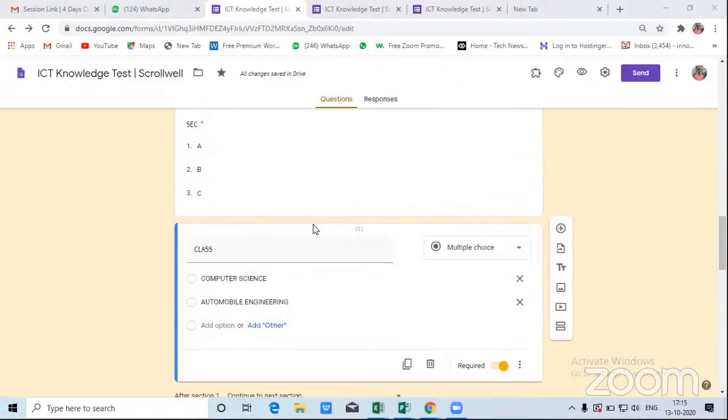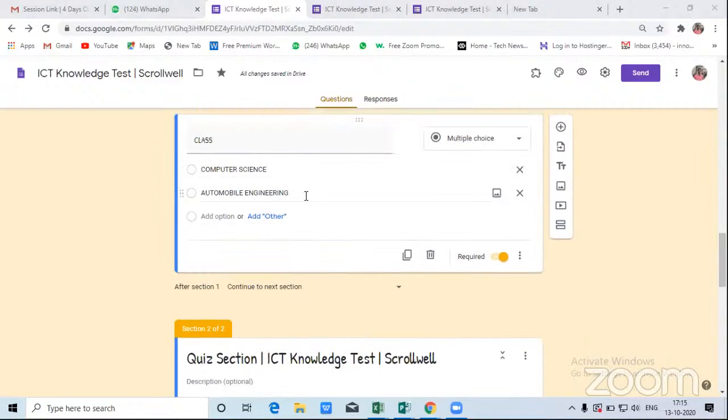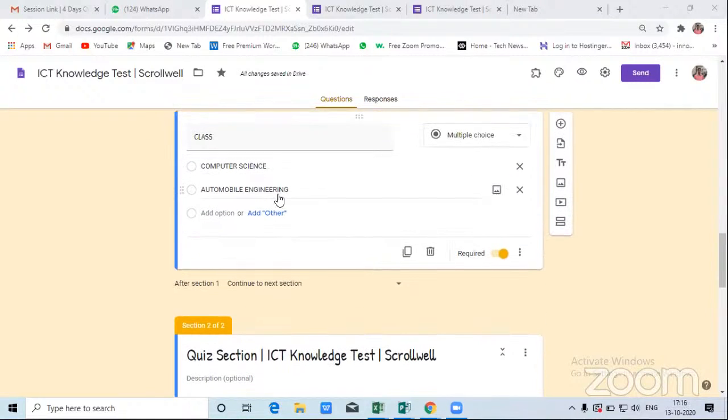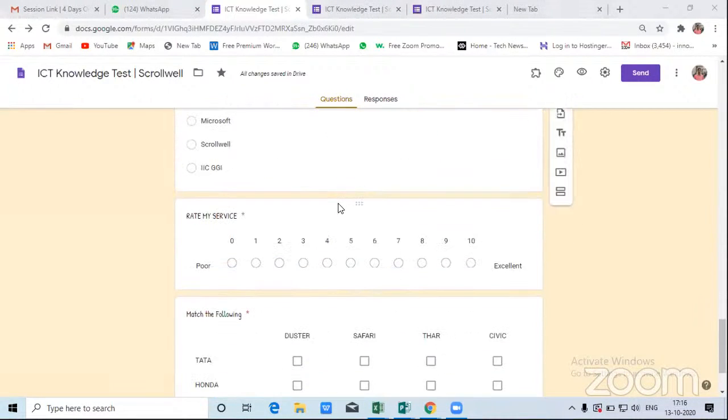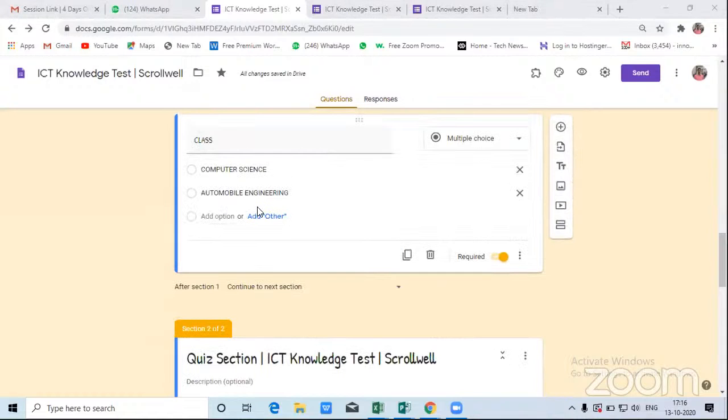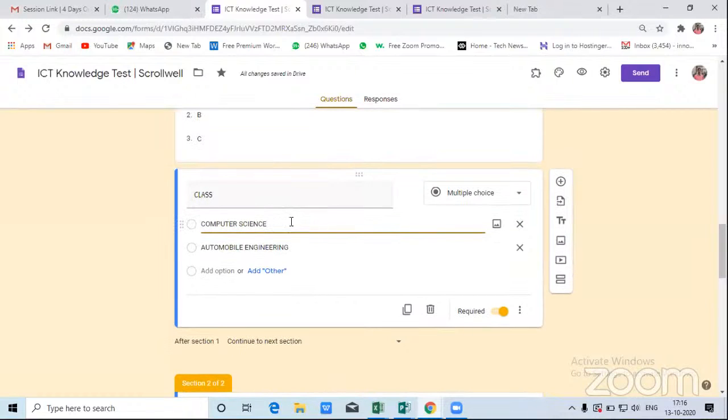Okay, suppose there are two classes, it can be up to any number of classes. First one is CSC, computer science, and second one is automobile engineering. And the pattern of the quiz, the content of the quiz, will be different for both of the classes, right? Because of the difference in syllabus. And is it possible to redirect the candidate only to a class or a test which belongs to him or